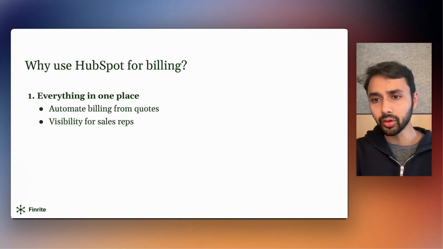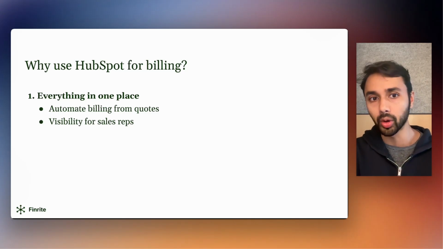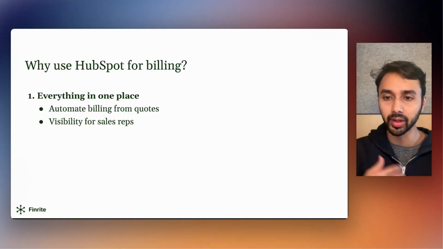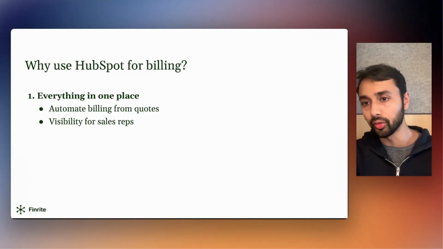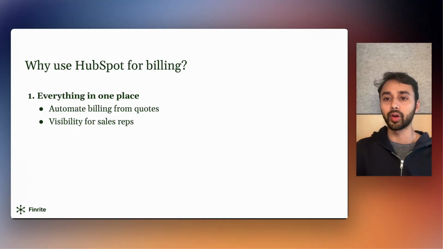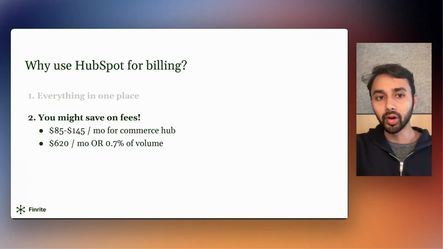Why would you want to use HubSpot billing? Well, the obvious reason is you're already using HubSpot for your CRM. So if you bill via HubSpot, you've got everything in one place. This makes it a lot easier to automatically kick off billing with some of the information that goes into your billing system, like the contact details and line items that are in your deal, already flowing over without any integration or copy pasting required. Additionally, if you don't typically give your sales team access to financial systems like Stripe or your accounting system, it can be helpful to have all this information live in HubSpot so they can easily see it.